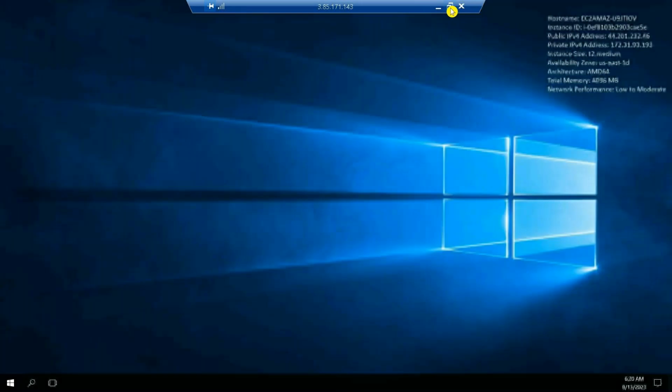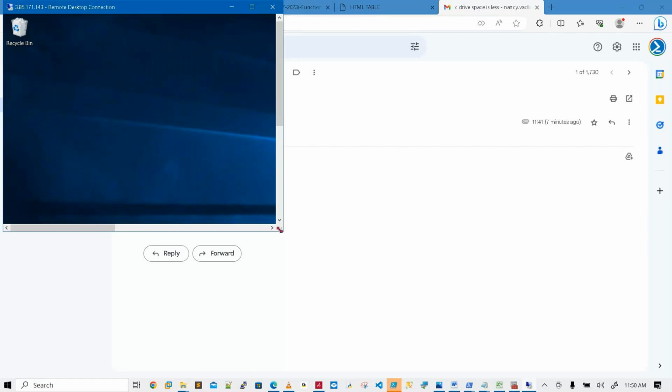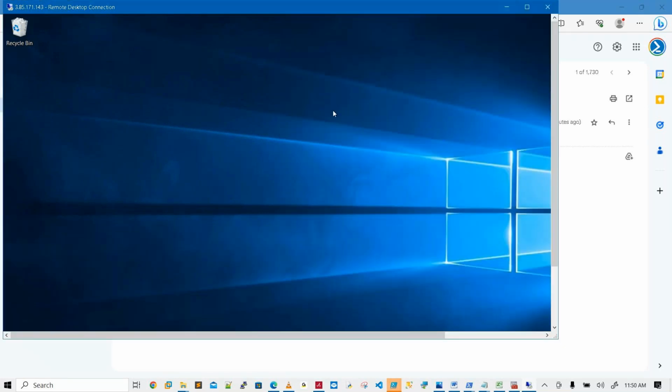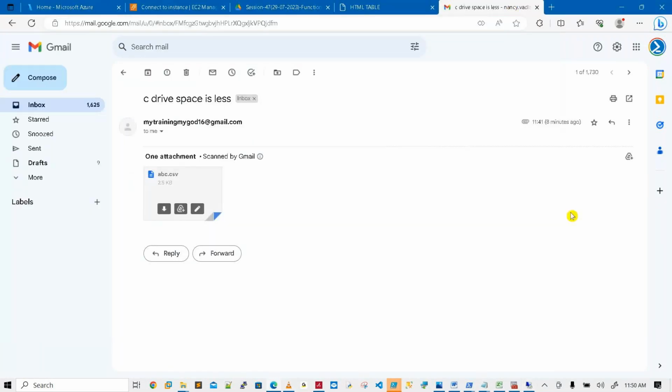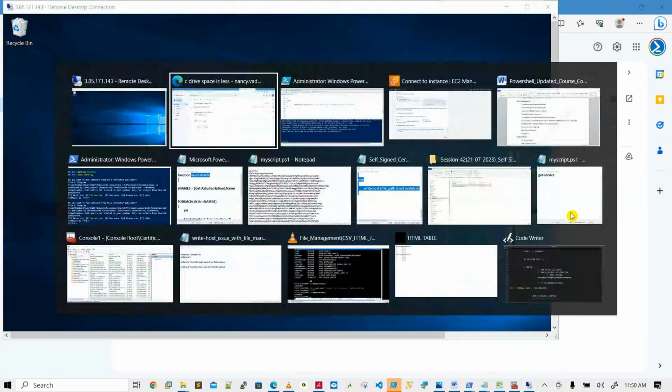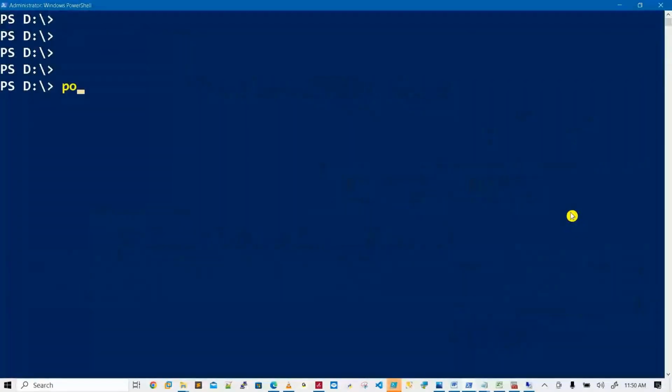We have this machine that I want to connect to over the public network, not a domain server. Domain is related to Azure Active Directory. So I want to connect to this machine. I know the username and password. Then how can I connect from my machine? See, one second.